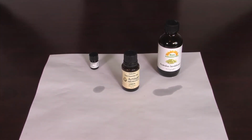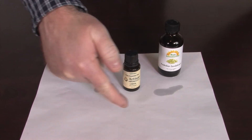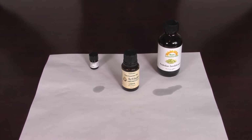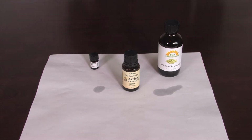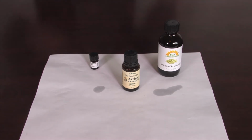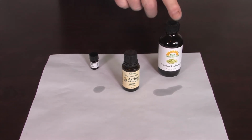Okay, so you can see here, this is where the lemon oil was, and it's completely gone now. You can barely see where it was on the paper. So I think this experiment shows that with a volatile oil, this will work. With the oils like sandalwood, things like that that are made from woods, you're not going to be able to tell as much. The one thing I will tell you about this oil is when I put it on my fingers,